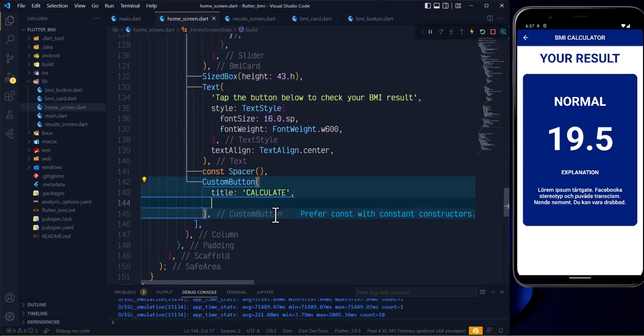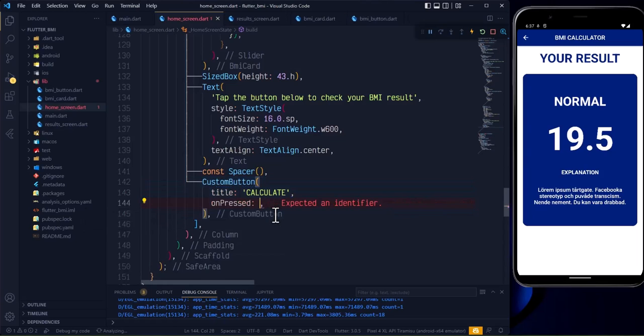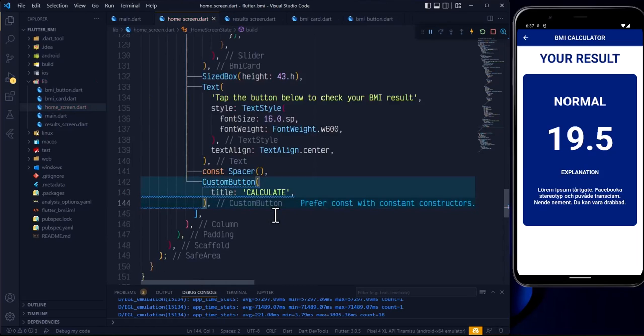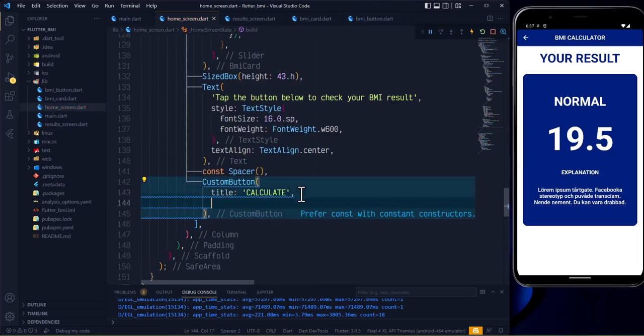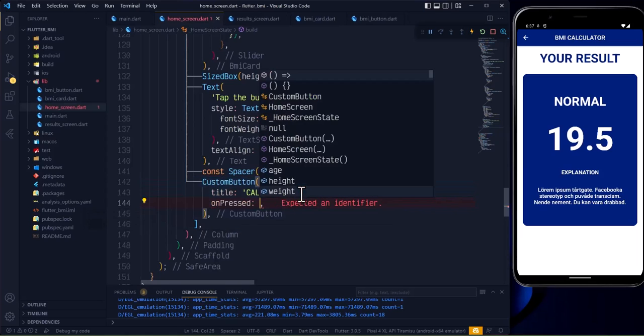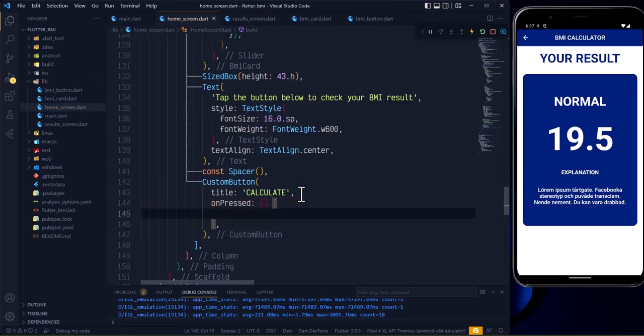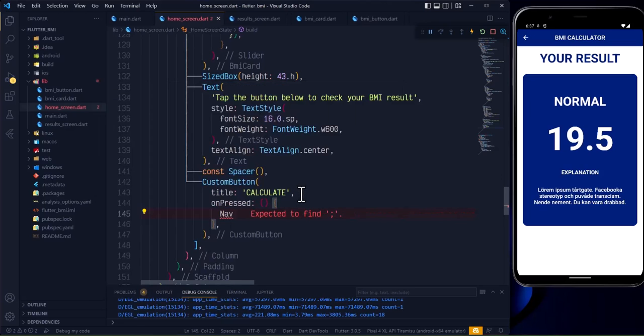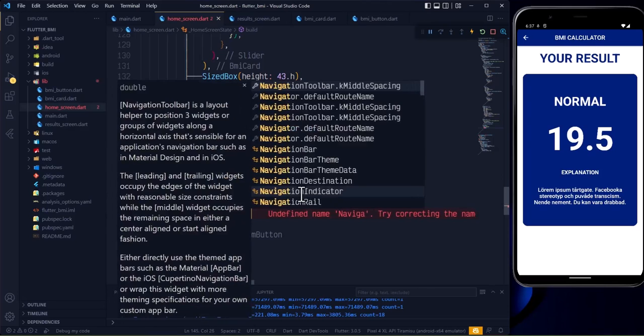Then the next thing was the unpressed, so I'm going to create the navigator. I thought I copied this earlier. VS Code go away, so I just have to do this. Navigator